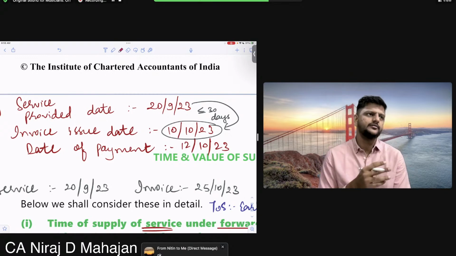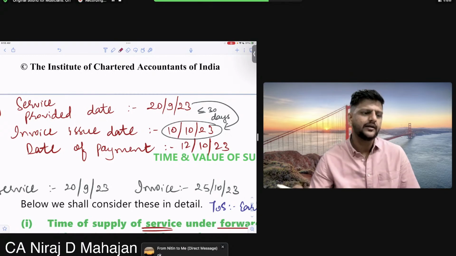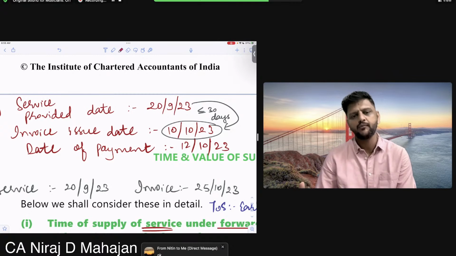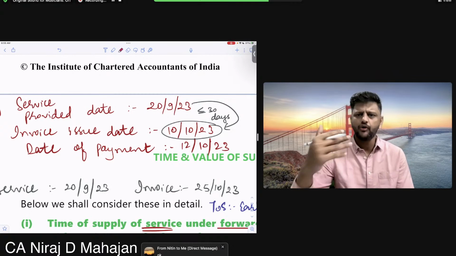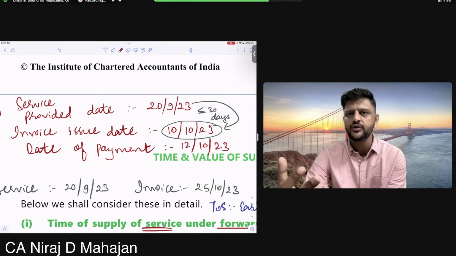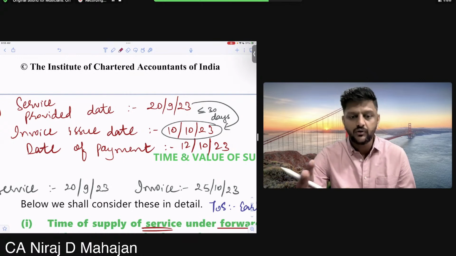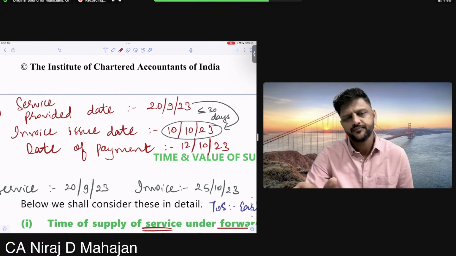because for taxability we need to have the point in time of supply. That point in time we require time of supply. So your officer, on his own guess and on his own estimate, can send a demand notice. But as per law, what will be the time of supply? Then the due date of GST return or the date of payment of GST.